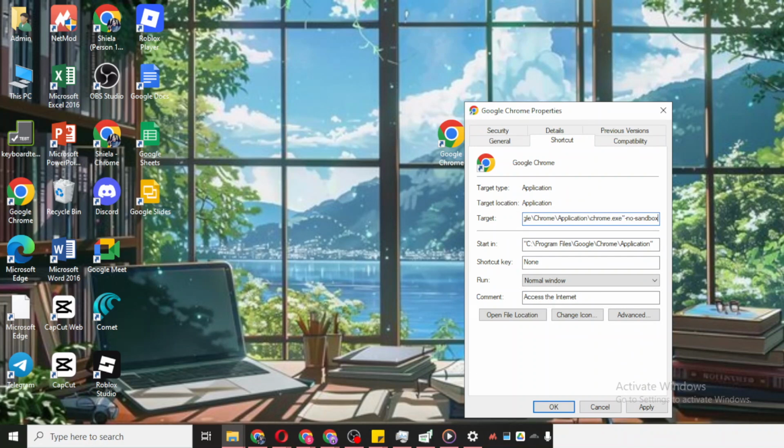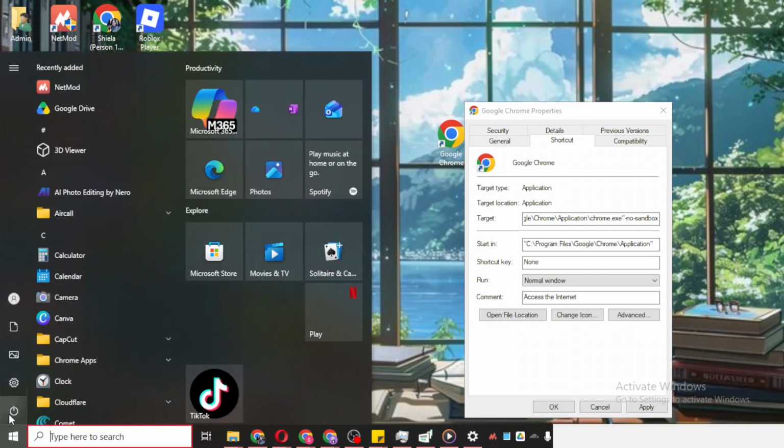After you have added that text, click Apply to save the change. If Windows asks for permission, go ahead and allow it. Then click OK to close the Properties window. Once that is done, restart your computer. This step matters because it helps make sure Chrome and any related background processes fully reload using the updated shortcut setting. After your computer turns back on, open Chrome again and try visiting the specific website that was giving you